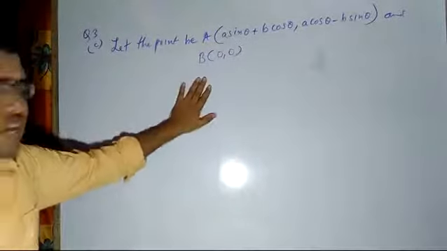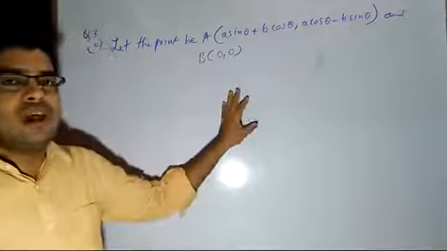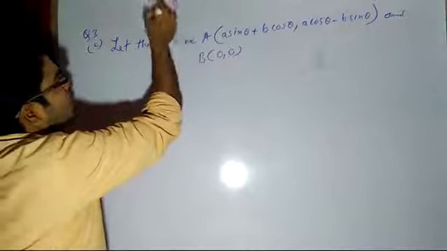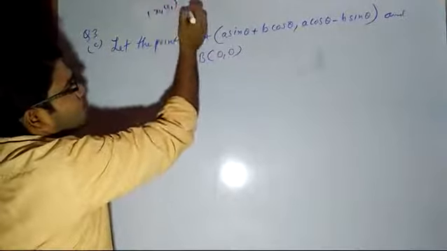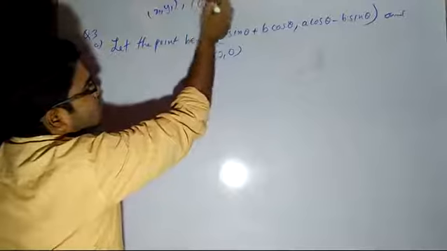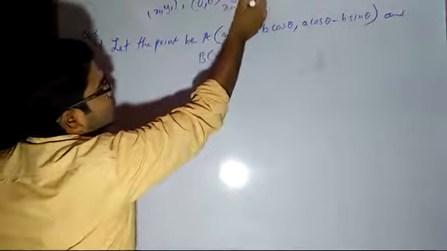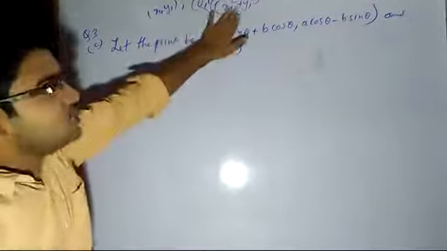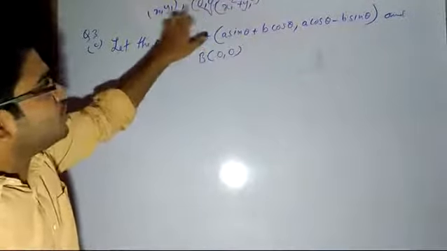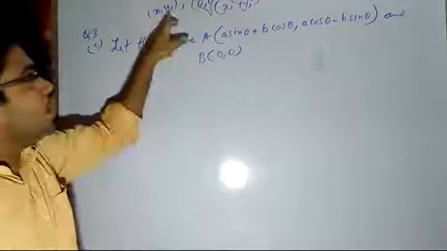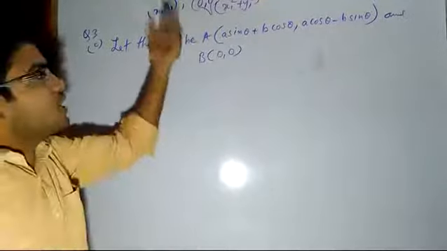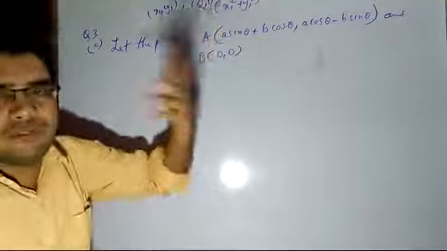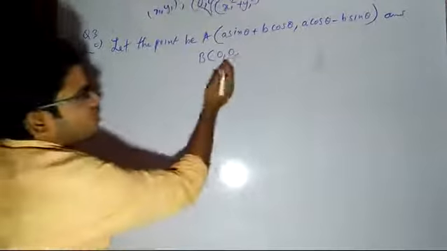And to measure the distance of a point from the origin, I have given you the formula: when the points are x1, y1 and the other point is 0, 0, then the distance will be the root of x1 square plus y1 square. This is the distance in case of the origin, because x1 minus 0 means x1 only, y1 minus 0 means y1 only, or else if you take the opposite, 0 minus x1 whole square, that means x1 square only, negative will convert into positive. So here also there is no need of writing this.